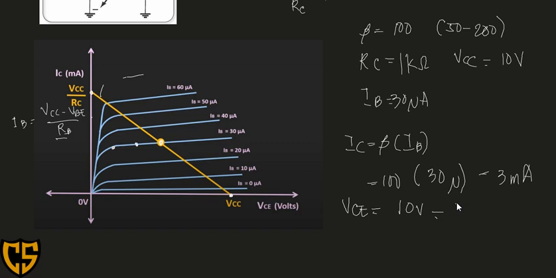IC naton is 3 milliampere times aton nga RC which is 1 kilo ohm. So this will be equivalent to 10 volts minus 3 volts. This will be equal to 7 volts. So 7 volts. So kag ang aton dayon nga